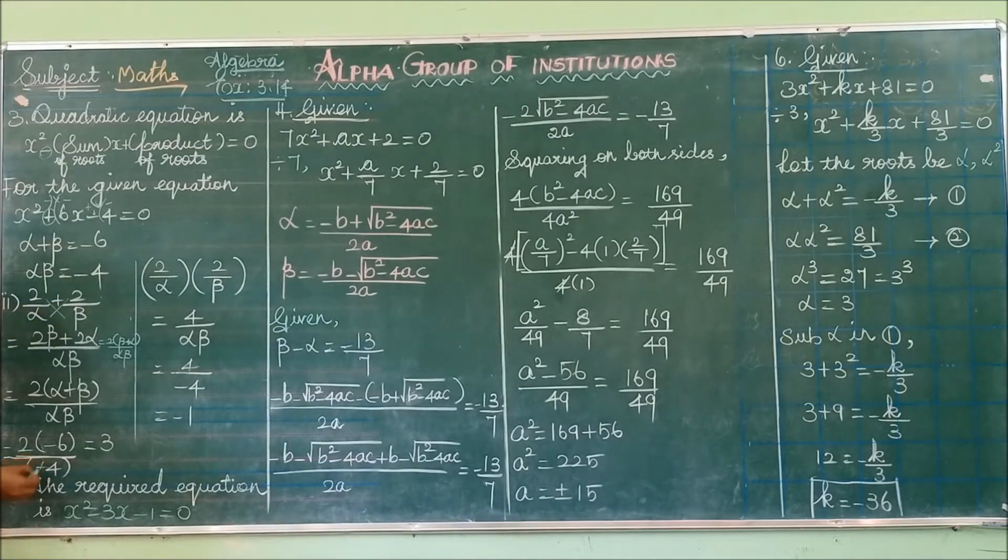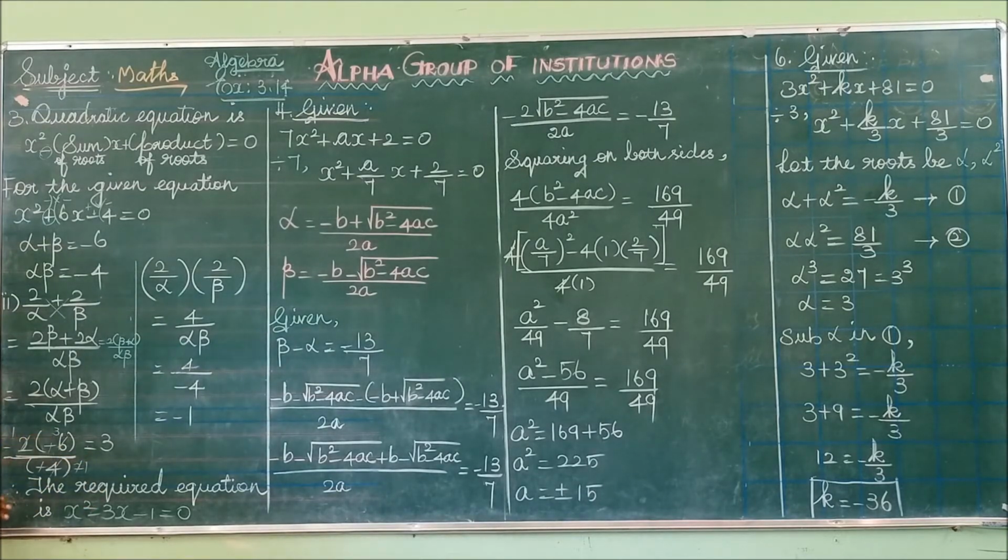So you can cancel both the minus signs, and cancel in the two table. 1 2s are 2, 2 2s are 4. Again you can cancel it in the two table. 1 2s are 2, 3 2s are 6. So your final answer is 1 into 3 divided by 1, which is 3.